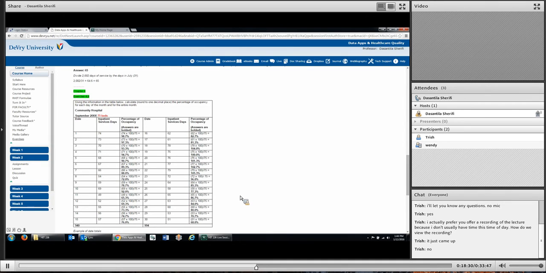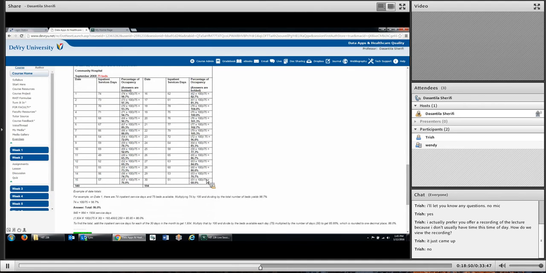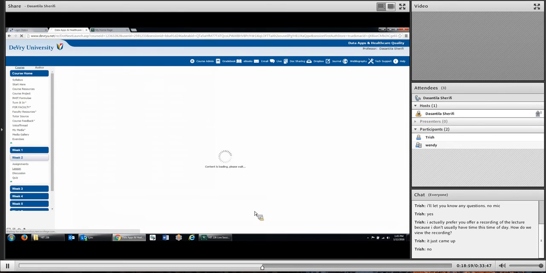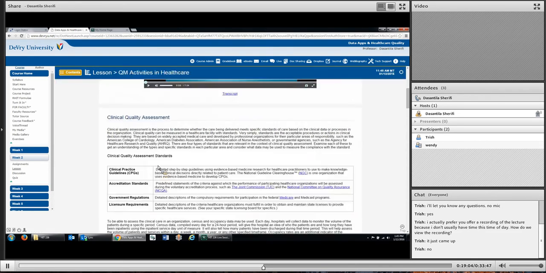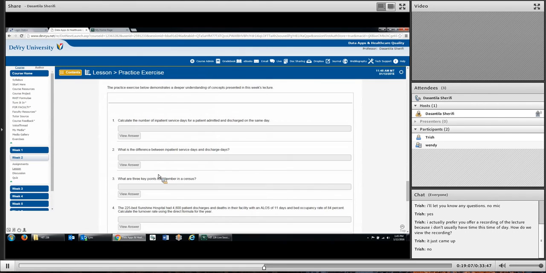It depends on who gets it because the pool is larger, and some people might get this, some people might get another type of problem. But really, all you have to do here to solve a percentage of occupancy problem is go through this and try to understand how the problem is solved. And right here you have the way the calculations are done. There are also more problems in the lesson area, because I'm not sure if everybody is really taking advantage of all the resources we have put together. So I feel that we need to explain that a little bit.